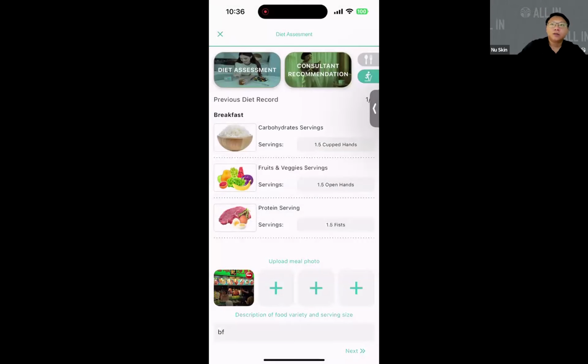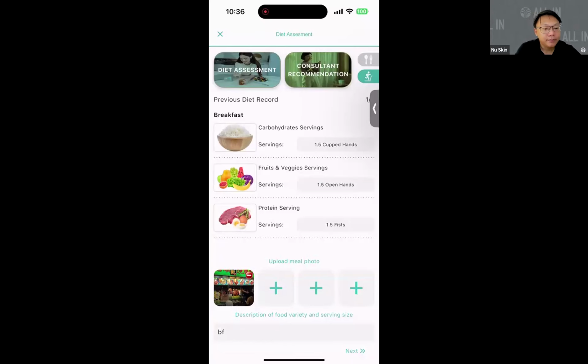Weight management journey is not a huge drastic change. It is progressive. We hope that by having a diet assessment over here, it allows the consultant to understand the lifestyle of the customer better, yet plan for a progressive transformation.